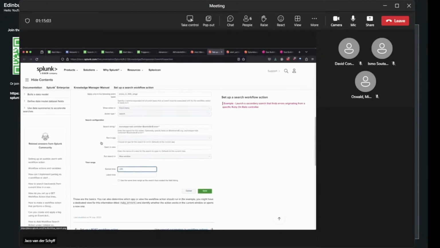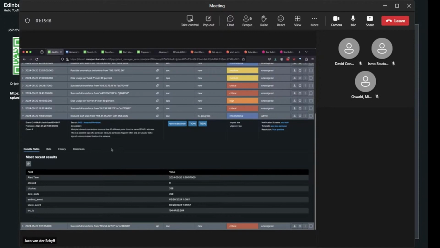Maybe you want to set some tokens for a new dashboard. But basically, it allows you to extend the GUI of Splunk with additional enrichment information. And we use this extensively within AME. If you go into Splunkbase today and type in workflow actions, you already see quite a number of available workflow actions that you can bring into Splunk, and these you can wire up onto AME. So let me show you.